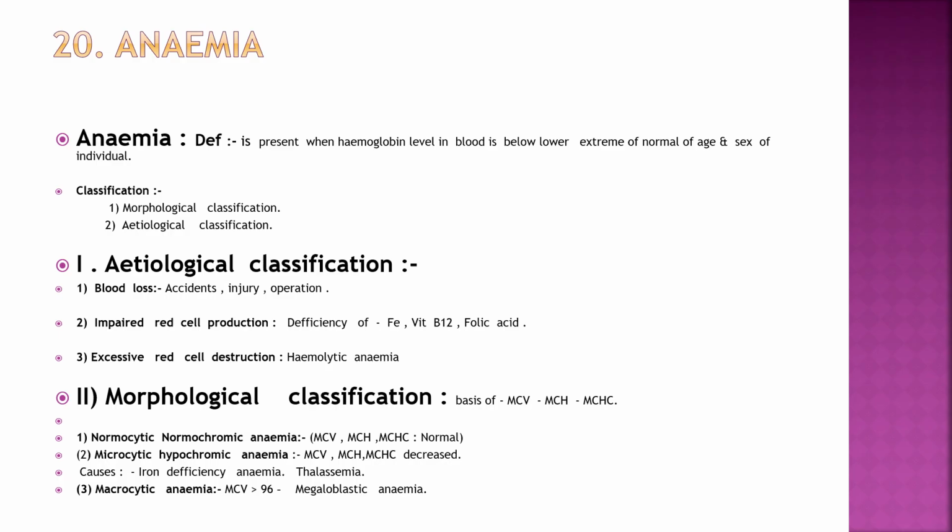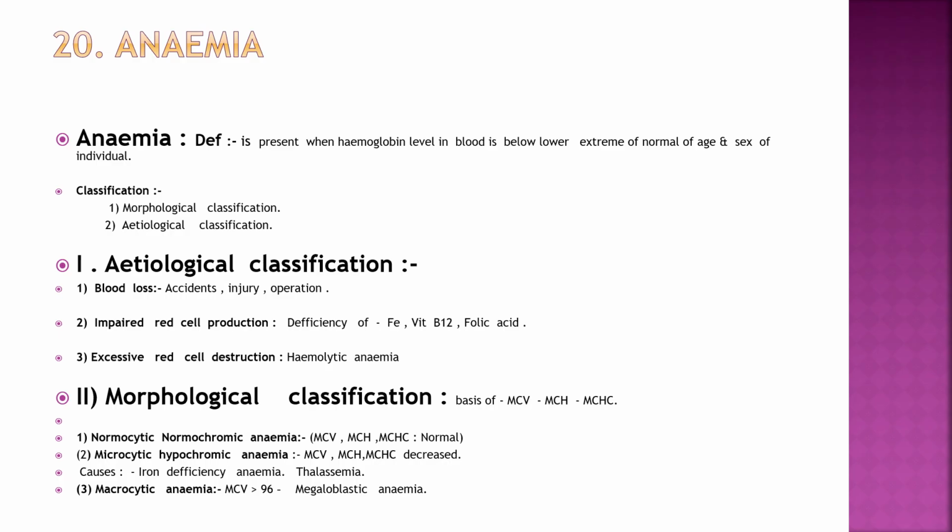The second classification is morphological classification. It depends on the MCV, MCH and MCHC, that is, the RBC indices. First is normocytic normochromic anemia. In that, MCV, MCH, MCHC, that is mean corpuscular volume, mean corpuscular hemoglobin and mean corpuscular hemoglobin concentration, are normal. So RBC size is normal and hemoglobin is normal. Second is